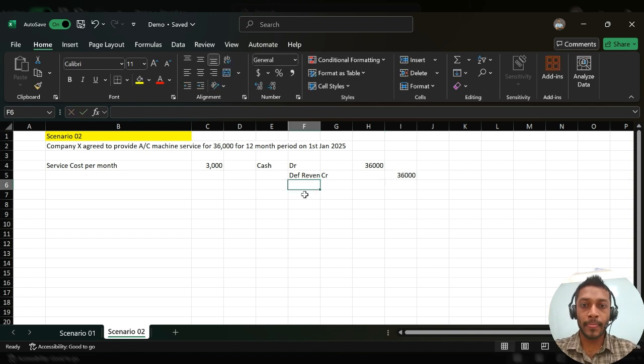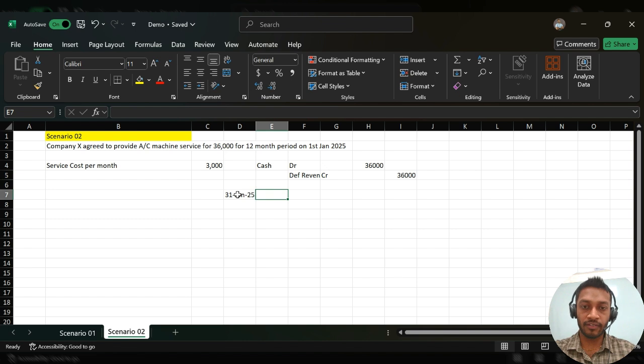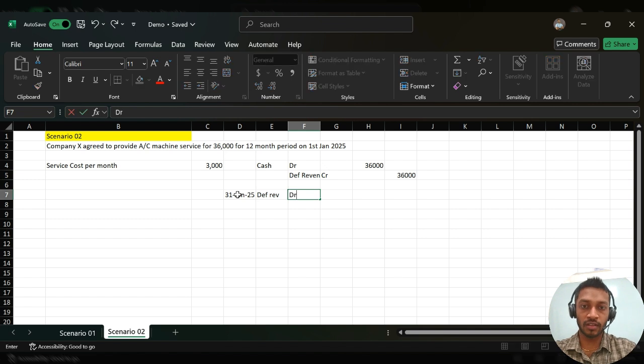Once your period elapses, on 31st January 2025, you can remove that value from the deferred revenue account, one month commitment,